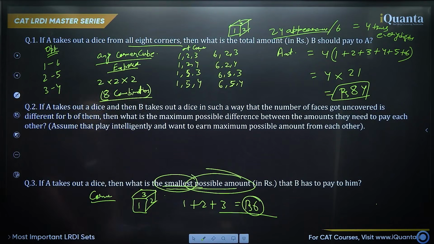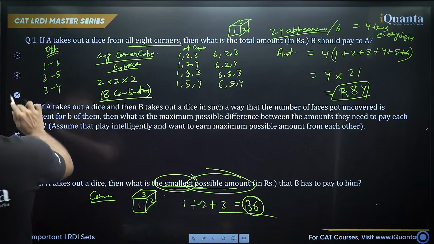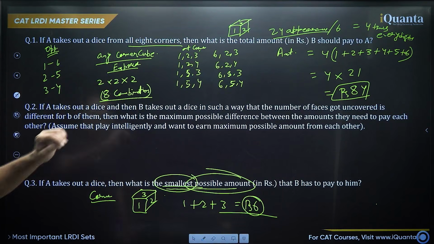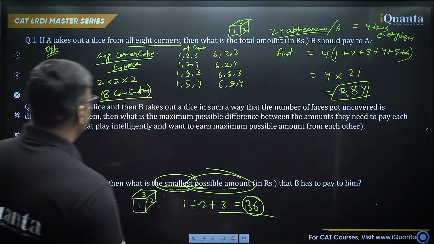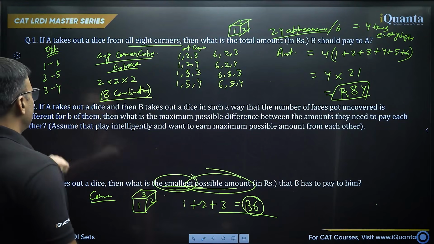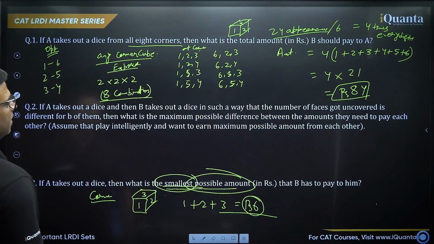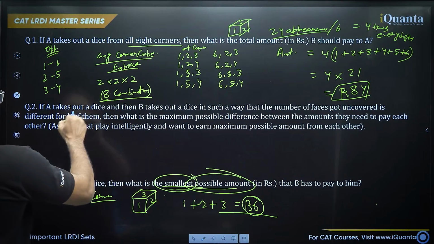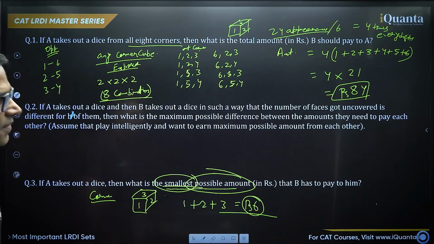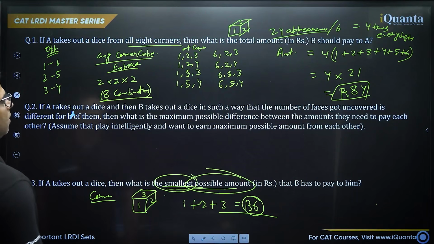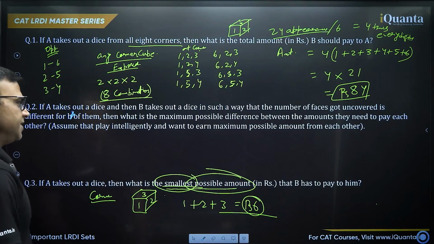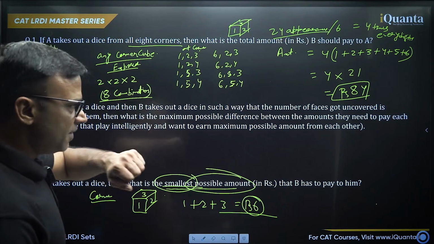Right. Okay, now the second question, read carefully first. If A takes out a dice and then B takes out a dice in such a way that the number of faces uncovered is different for both of them, then what is the maximum possible difference between the amounts they need to pay each other? Different for both of them. We want to find the maximum possible difference,